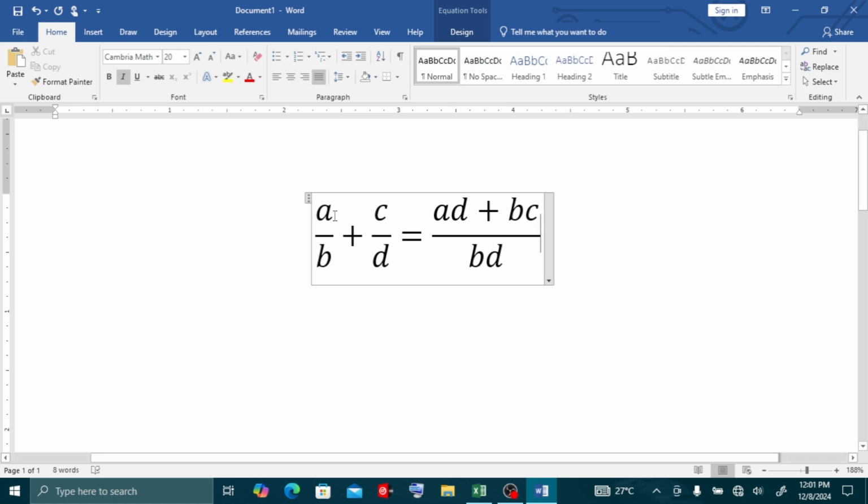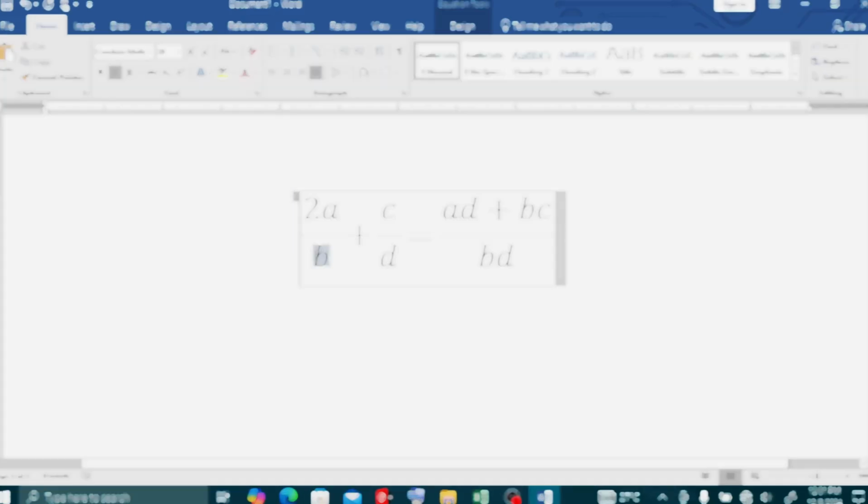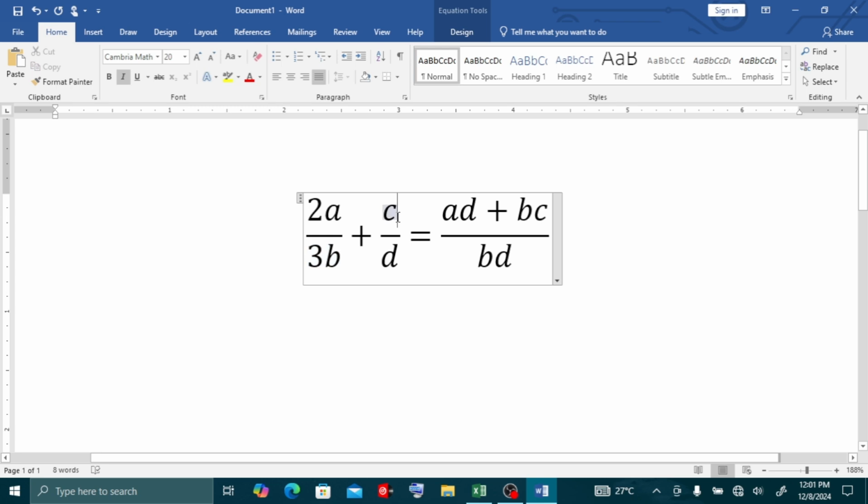You can say, we want to say 2a. You bring the cursor here at a, and you put 2. That is 2a over 3b plus c.